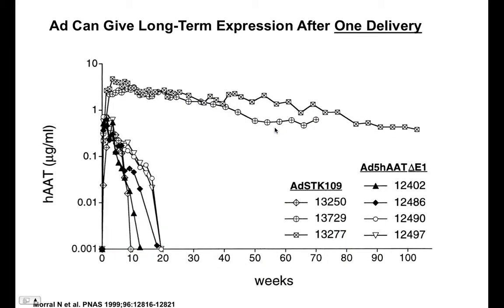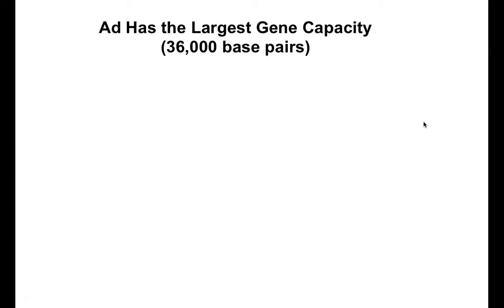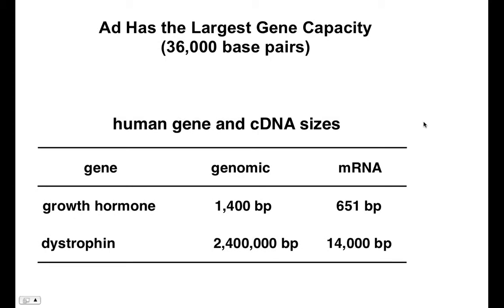Again, remember that this can give long-term expression after one delivery, though you do see a steady drop-off, and this is transgene specific, so some genes don't work very well. And this large gene capacity, like 36 kb,